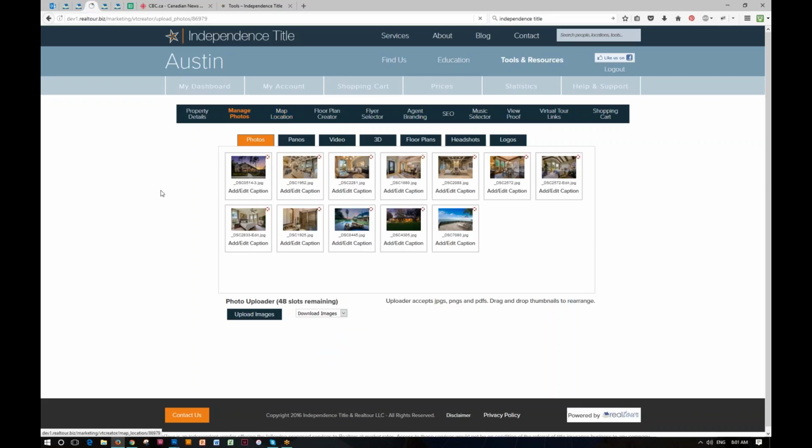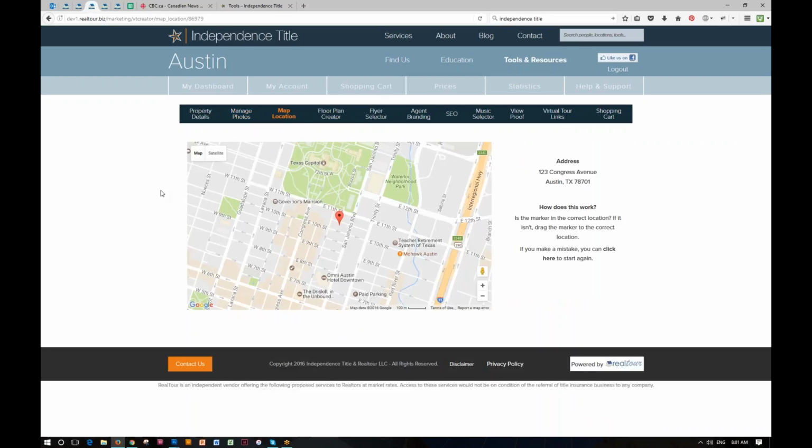Next up, Map Location. Map Location, there's not much to do on this page. All we've got is a Google map, and it's just verifying that this is our listing address right here. This is our listing. The little target should be in the appropriate place. However, as I always say, sometimes Google doesn't get it quite right, especially if you're in a new neighborhood or a new subdivision. Maybe they don't have the streets mapped out quite perfectly, in which case you can click on